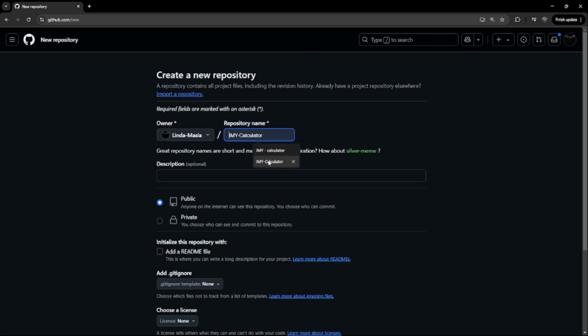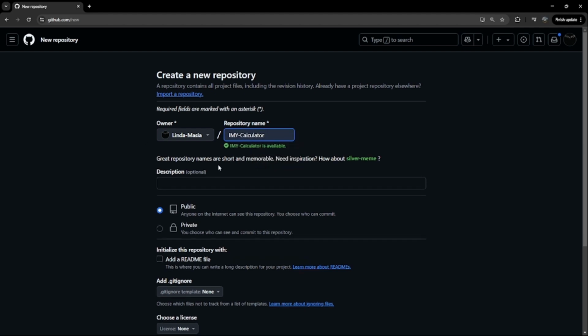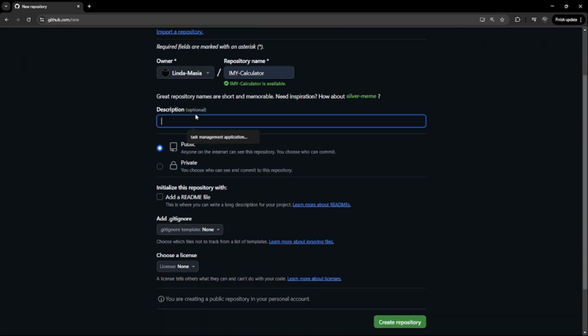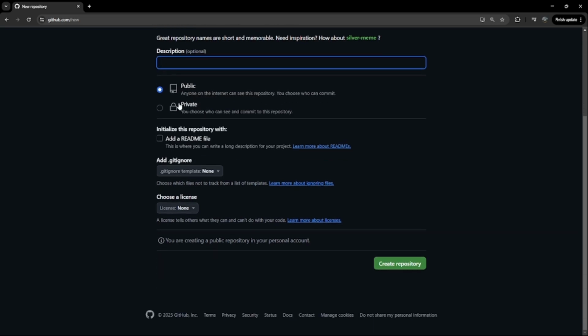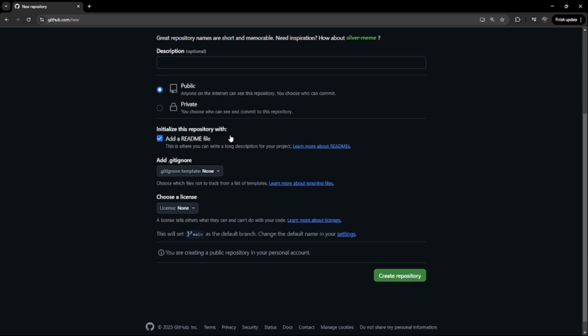Here, there's a section to name your repository. I'm going to name mine IMY Calculator, and a section to also give your repository a description, and an option to make it public, which means anyone can view your repository, or private, where you can control the access to your repository. You can also add the default readme,